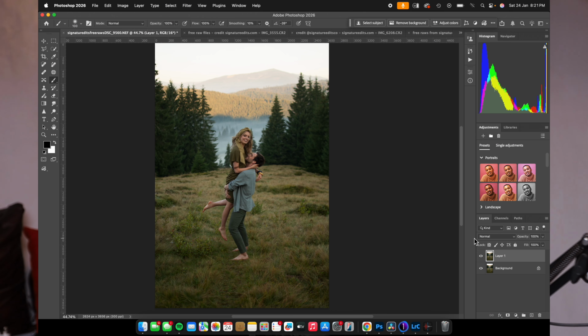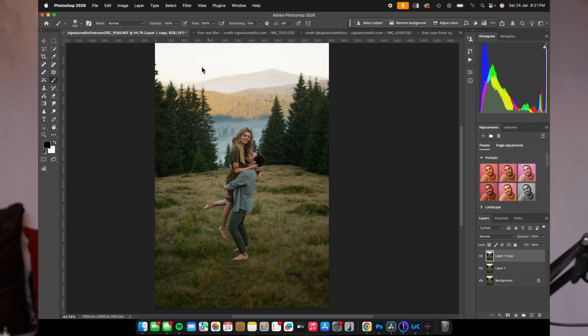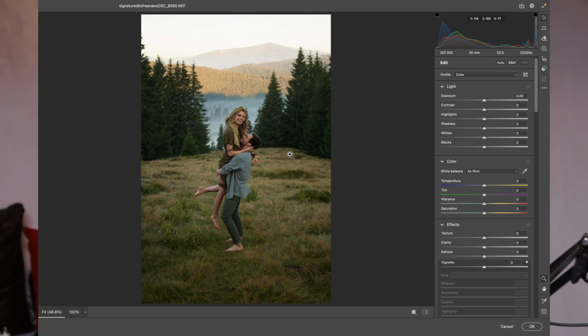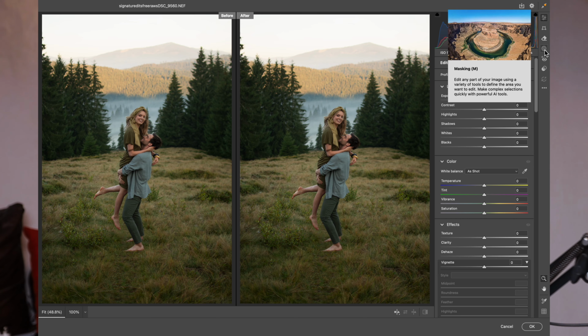So what you want to do is have your extra layer, or let's click on Command J or Ctrl J on Windows, and when you come over here, click on filter and click on Camera Raw filter. Now you have this beautiful platform. Click on this place, so we have before and after, so you see what I'm doing. So what you want to do is to come over to this masking tool right here, just click on it,